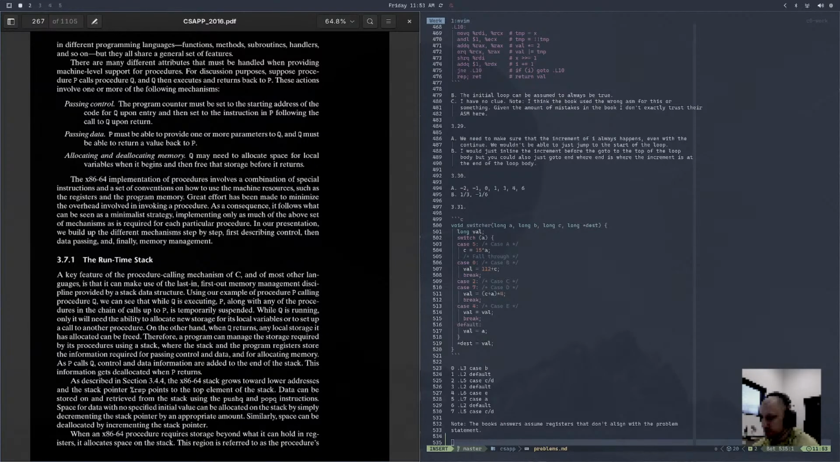The x86-64 implementation of procedures involves a combination of special instructions and a set of conventions on how to use the machine resources, such as the registers and the program memory. Great effort has been made to minimize the overhead involved in invoking a procedure. As a consequence, it follows what can be seen as a minimalist strategy, implementing only